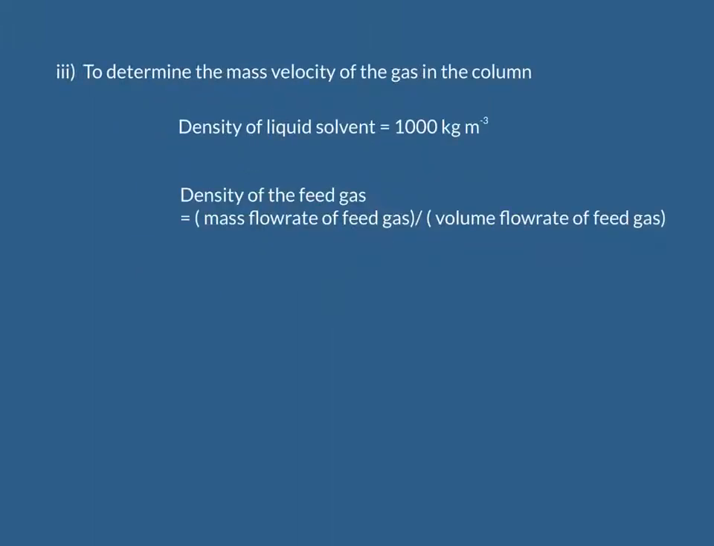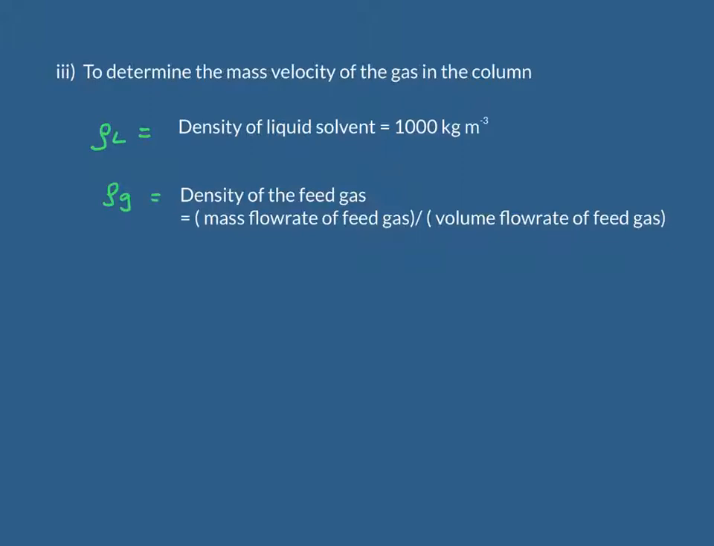To determine the mass velocity of the gas in the column, there are a few steps that we need to do before we can get the final answer. In this case, we have to determine the density of the gas and the density of the liquid. The density of the liquid is given by rho L equal to 1000 kilogram per meter cube, and the density of the feed gas is rho G,